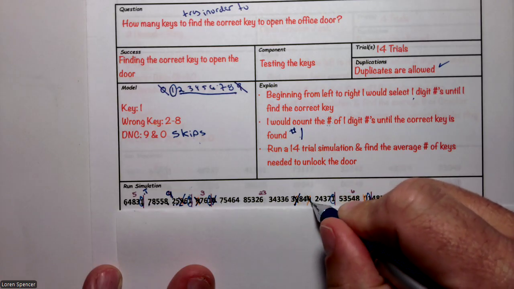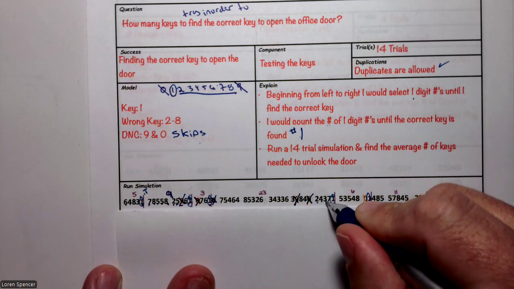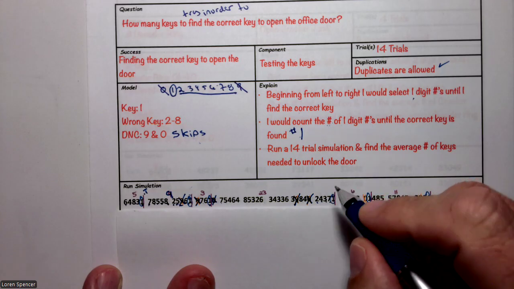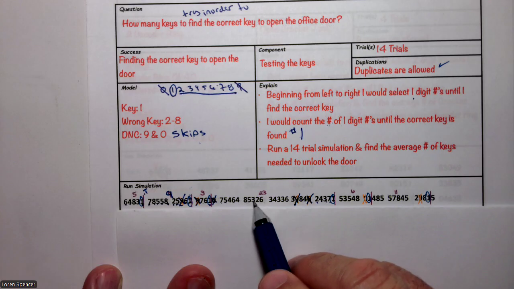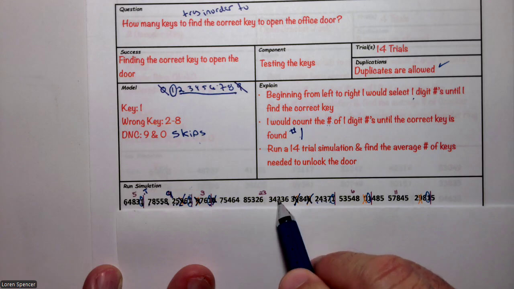8, 4, 0 doesn't count. 2, 4, 3, 7, 1. So that counted. So here we go. 5, 10, 15,